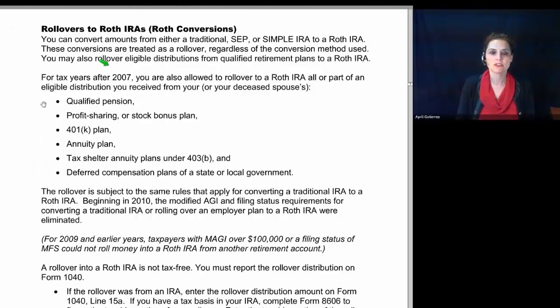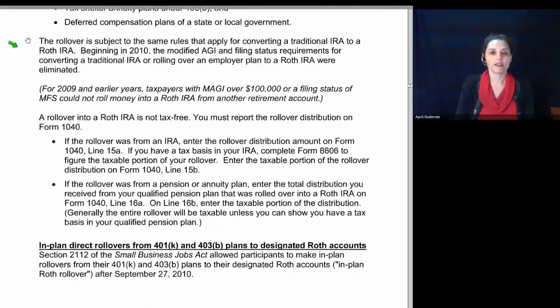So for tax years after 2007, you're no longer restricted, and it is possible to do a rollover conversion from any kind of retirement plan to a Roth account, including qualified pensions, profit sharing or stock bonus plans, 401k plans, annuities, tax-sheltered annuity plans under 403b, and deferred compensation plans of a state or local government. The rollover is subject to the same rules that apply for converting a traditional IRA to a Roth IRA, and